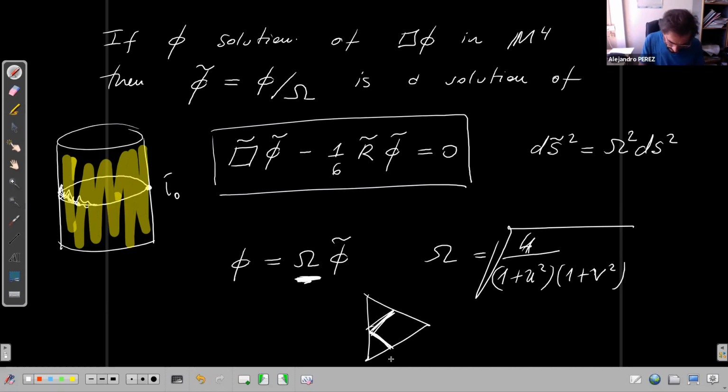Similarly, if you go along timelike geodesics, you have to combine u and v to get a proper time along these geodesics, but both would be growing, and then omega will go like 1 over tau squared. Anyhow, you see that it's extremely easy to prove the decay rate, the peeling properties of solutions to the Klein-Gordon equation in Minkowski spacetime, by simply using the fact that Minkowski spacetime can be mapped conformally to the Einstein universe, where infinity is a